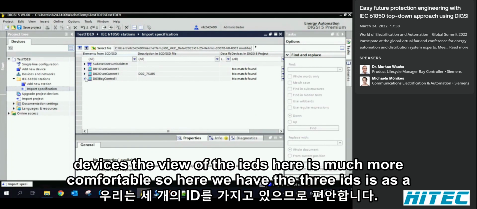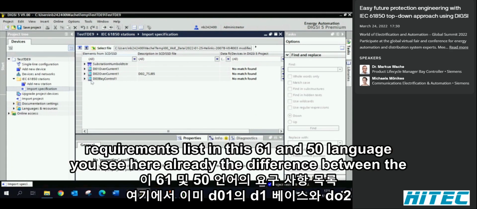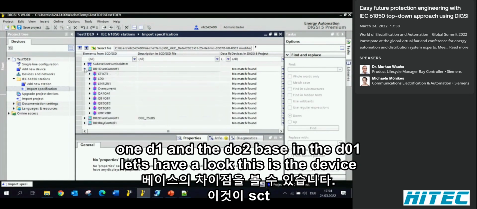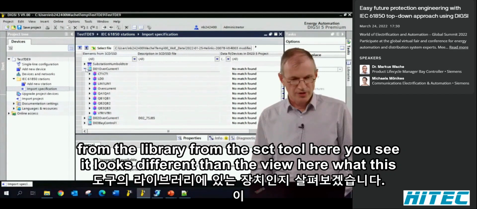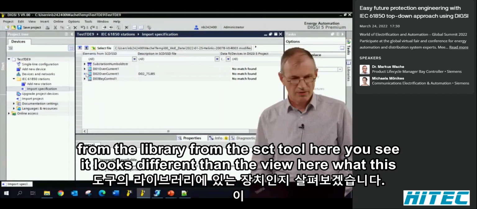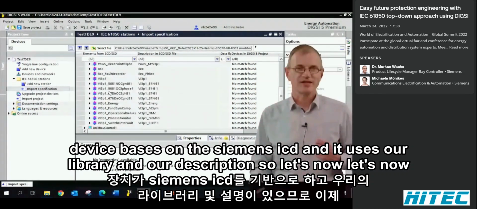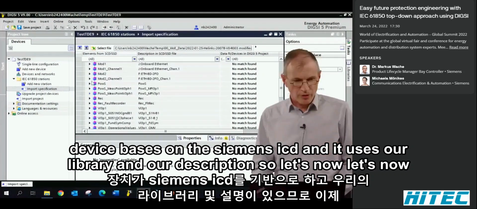So here we have the 3 IEDs as a requirements list in this 61850 language. You see here already the difference between the D01 and the D02 bay. In the D01, let's have a look. This is the device from the library from the SCT tool. Here you see it looks different than the view here. This device is based on the Siemens ICD, and it uses our library and our description. So let's now